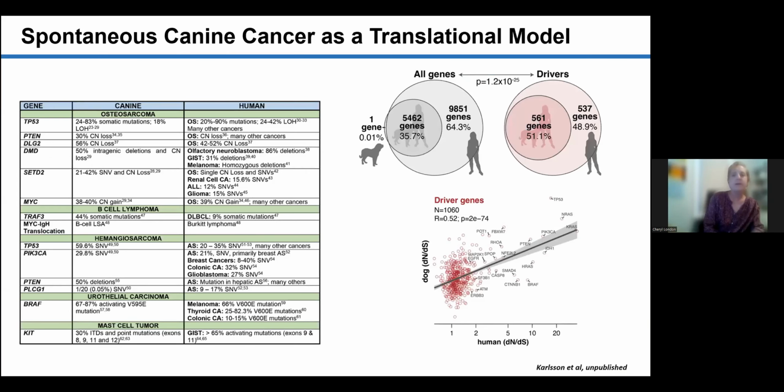So what this has enabled us to do with all of this new genomic information is to really begin to understand where cancers in dogs overlap with their human counterparts and where there are opportunities for us to begin to use these models much more effectively. The table that I have here shows some of the genes that we know are mutated in specific cancers in dogs and where they're found similarly in humans. In canine osteosarcoma, we see a mutation in P53, PTEN, DMD, SETD2, and copy number variations in MYC. And you can look across human cancers and see a similar set of genomic alterations.